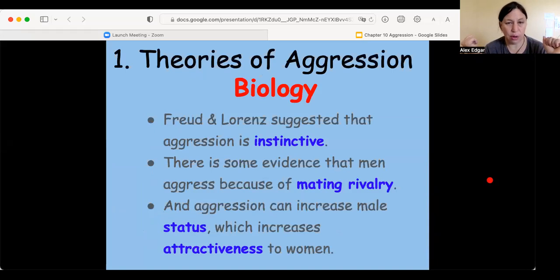Theories. Okay, so when we look at aggression, the first thing we look at is biology. Freud and Konrad Lorenz, who was an evolutionary biologist, suggested that aggression is instinctive. In fact, if you look at all animals, you'll see that they show aggression and they use it to compete for resources, mates, and so on, status. There is considerable evidence that men do indeed aggress, partially because of mating rivalry, especially when females aren't around, and